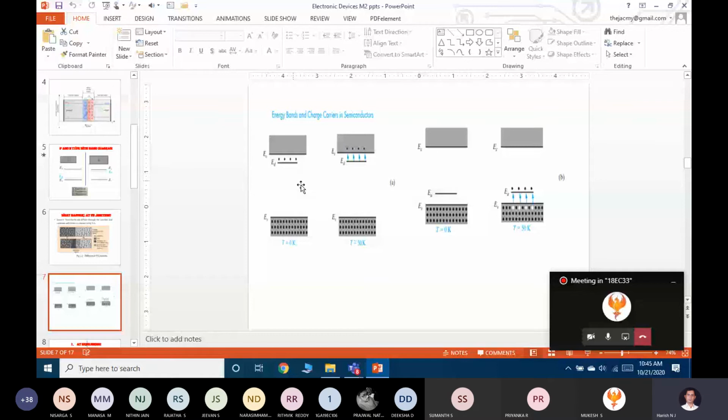The new free electrons initiated when you add the pentavalent impurity to the purest form of the silicon atom have their energy level here, near the conduction band. You need not provide temperature equal to 300 Kelvin. Till now we were considering two temperature levels, T will be 0, T will be 300 Kelvin.